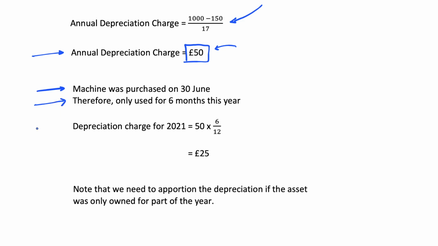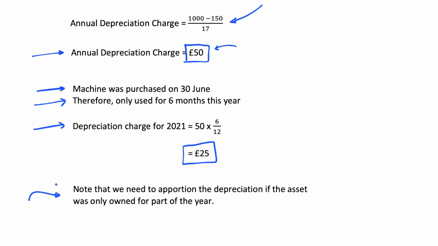So the depreciation charge for this year, we're not going to apply the whole annual depreciation charge of £50. We're going to do 50 times 6 over 12, so how many months we use the year for. And so the answer to this example is going to be £25. So this example was just to bring in another point. We have to apportion the depreciation if the asset was only owned for part of the year. We're not going to apply a whole year's worth of depreciation for the asset because we've only used it for